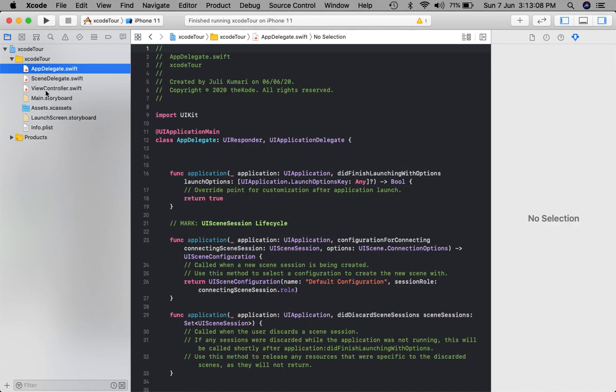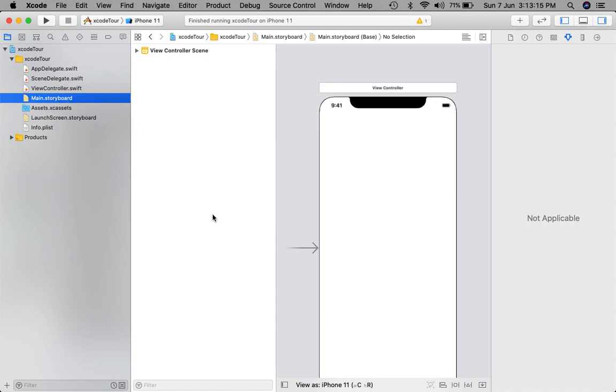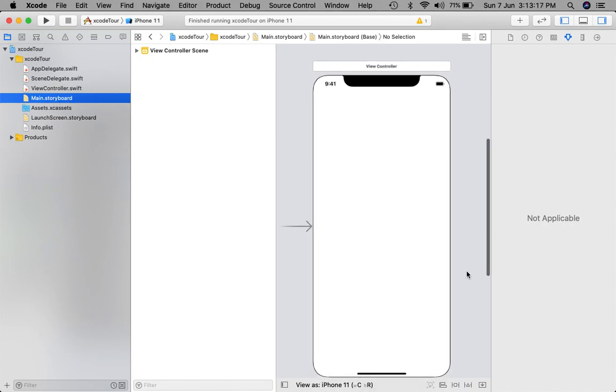Now let all the class files remain untouched and I will open main.storyboard here. Here you can see a simulator where you can start your design. I have chosen the iPhone 11